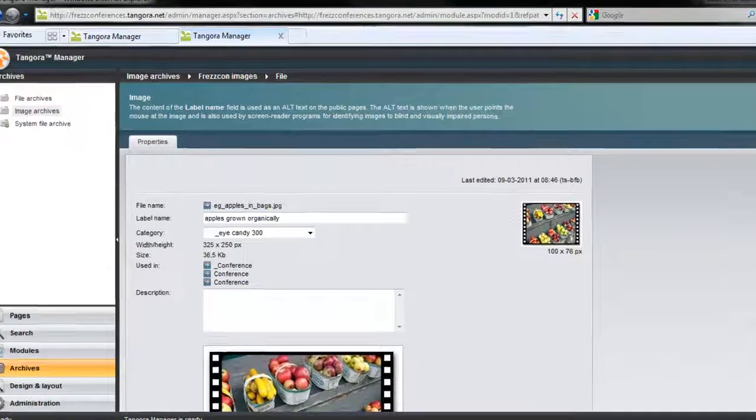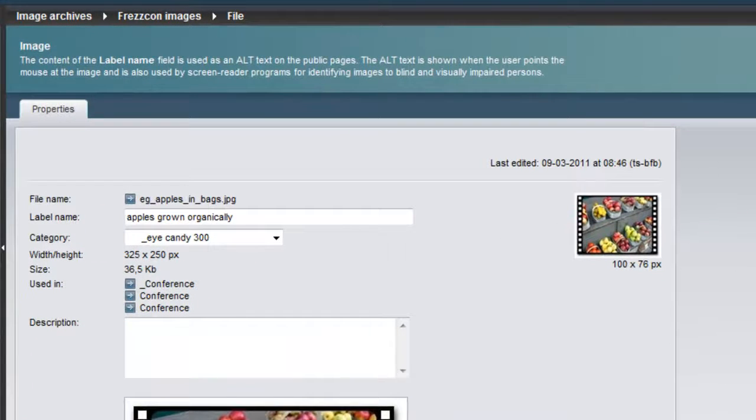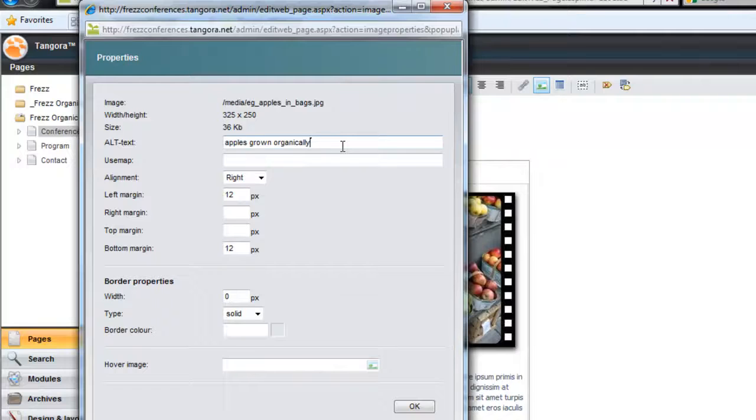And you could change this value centrally in the image archive. But you could also change it here and override the value that has been assigned centrally. This is really handy if you want to reuse the image in varying contexts. Okay, by the way, use map is if you want to have a specific area in your image which contains a link, as opposed to having the whole thing be a link. It's a bit more advanced, so I'm going to skip over this option for now.